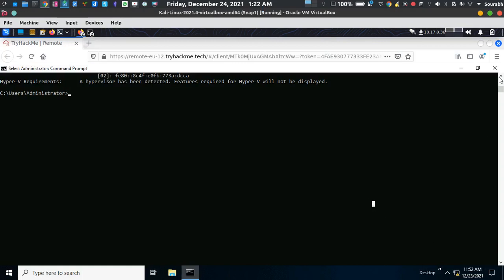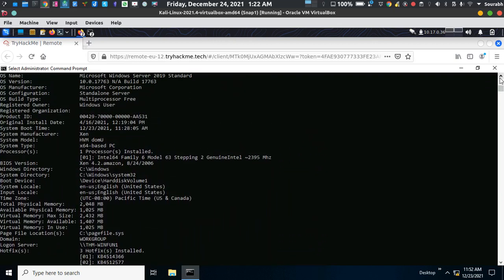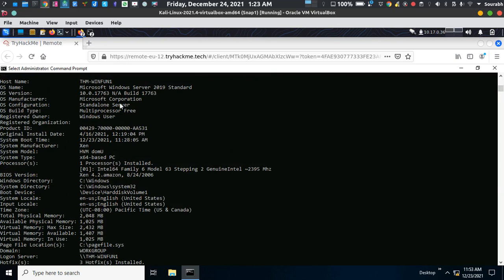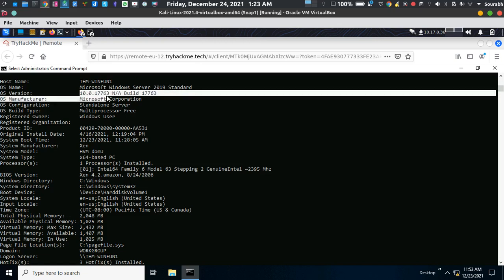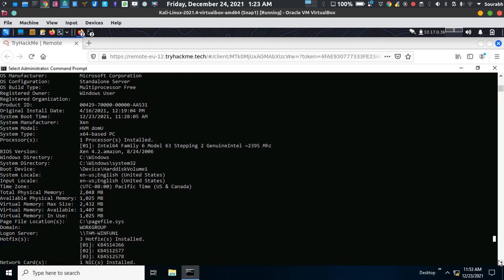So how can we find the kernel version in Windows? It is pretty much the same. The kernel version of Windows is nothing but the version itself. So you just have to type this and find some exploit if it is possible. There's another thing called the build number. The build number is also very important for finding an exploit for a particular PC, for a particular OS version.